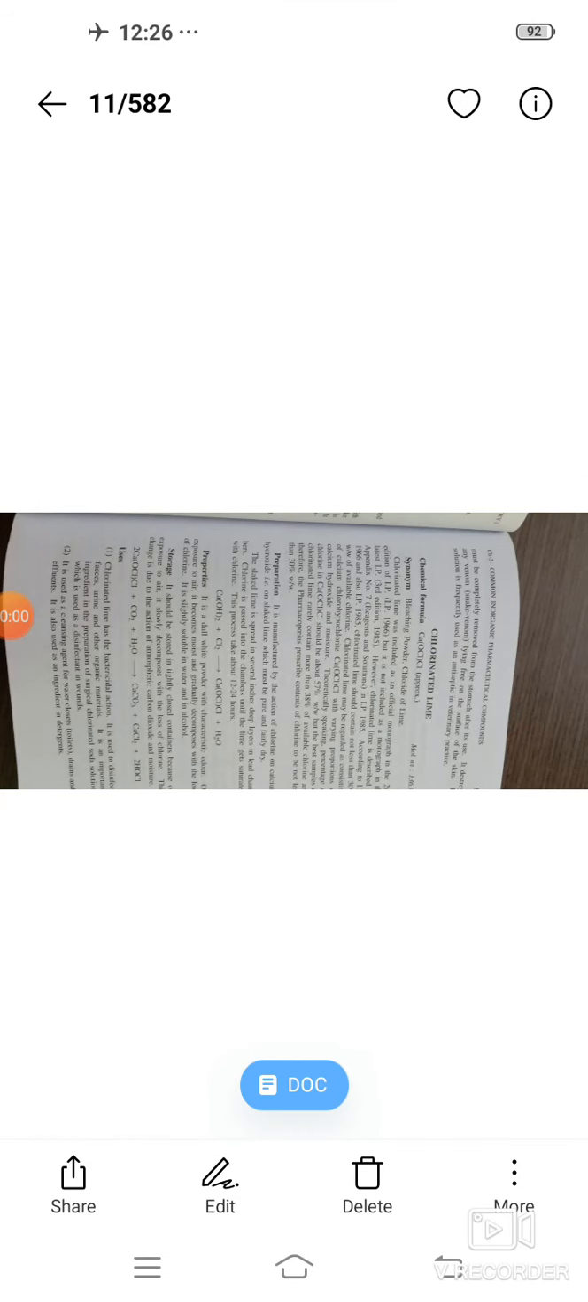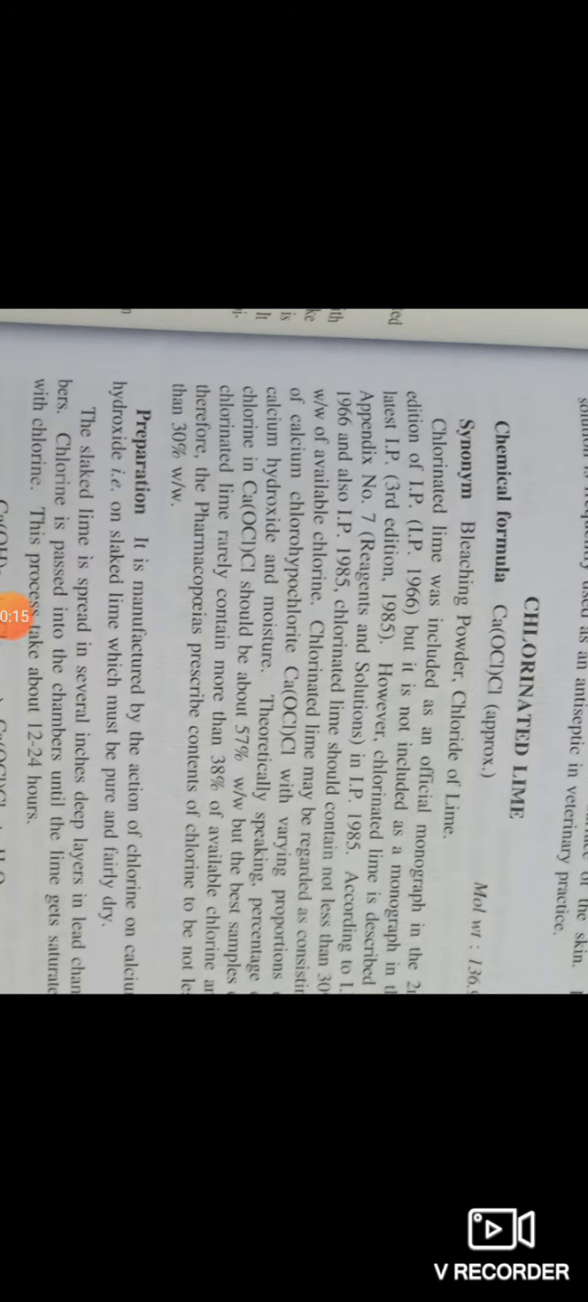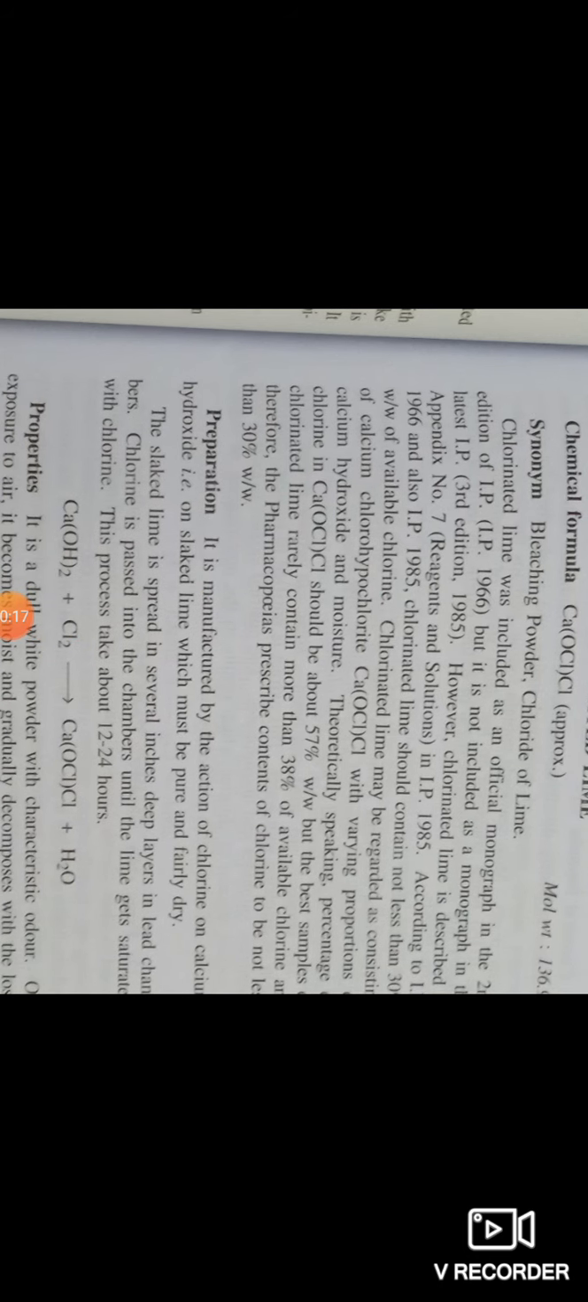Now we are going to discuss chlorinated lime. Chlorinated lime has the chemical formula CaOCl2. Synonyms: bleaching powder, chloride of lime. It is manufactured by the action of chlorine on calcium hydroxide, or slaked lime, which must be pure or